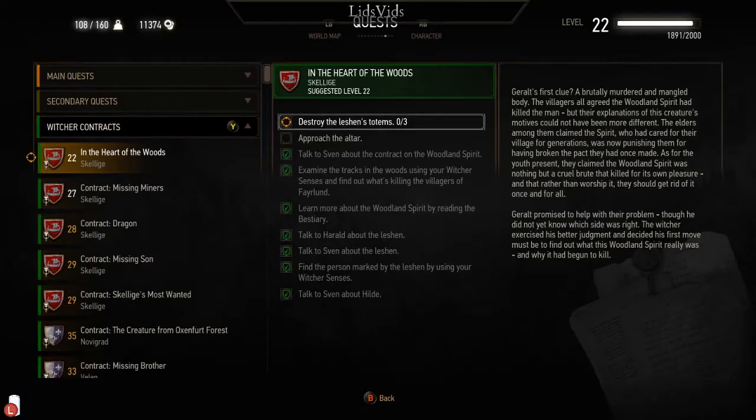So we can destroy the Leshen's totems, which I believe is the way that we get the Leshen to appear and fight it, or we can approach the altar, which I think is the more peaceful way of performing the ritual. Like, who was it? Harold, this guy right here, was just saying. So,